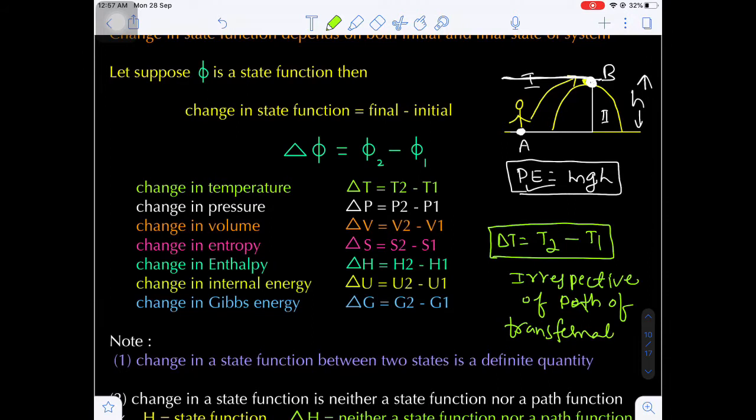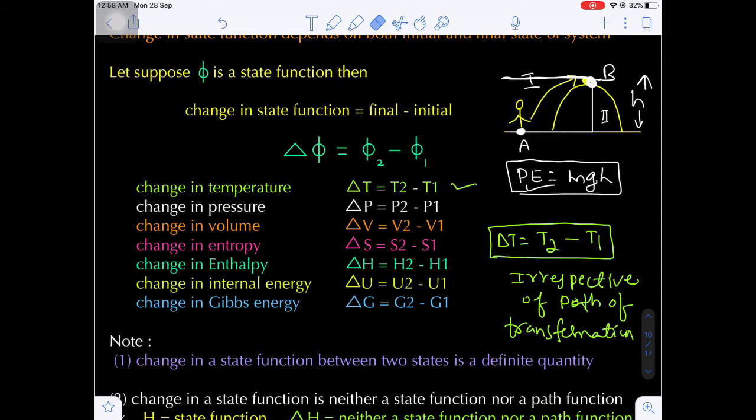Are you getting my point? If you go through path 1, path 2, or path 3, irrespective of the number of paths, even if there is only one single path, it corresponds to a path independent, or state, function. So delta T will be equal to T2 minus T1, and similarly delta P, P2 minus P1,